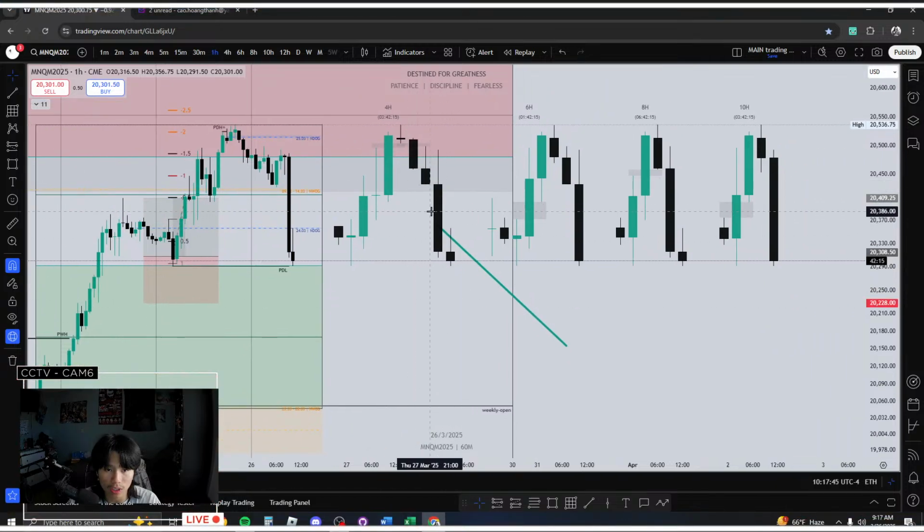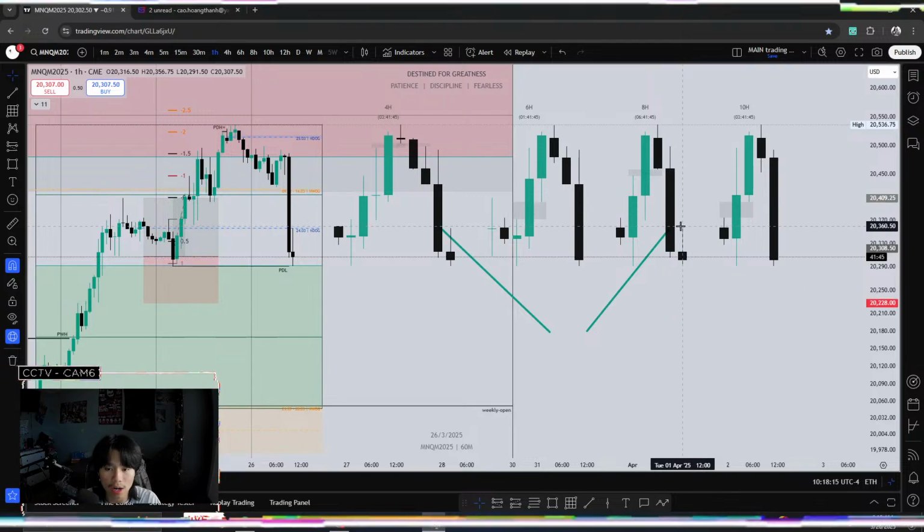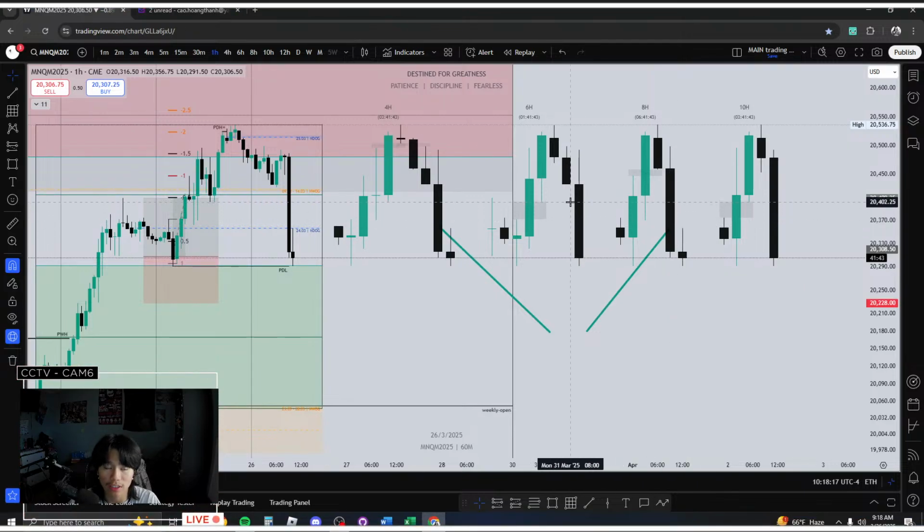And with the way that we closed here on the 4-hour and the 8-hour time frame, both time frames are suggesting lower prices. So going from a 12-hour dealing range onto the 4-hour / 8-hour, you can piece it together where the understanding is that we are going to retrace into the discount of the dealing range within the next 4 hours and the next 8 hours, right? The 8-hour candle, 4-hour candle is already suggesting that we're going to take out the 4-hour / 8-hour low,